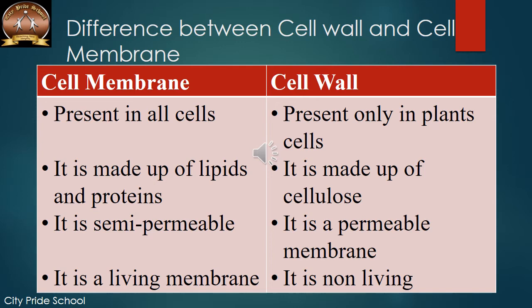The cell membrane is a semi-permeable membrane, as we discussed, in that it selects the materials. Semi-permeable, also termed selectively permeable, because there is a discretion and it allows only certain substances to pass through the membrane. Whereas the cell wall is a permeable membrane. It allows everything to pass through. Therefore, the cell membrane is a living membrane and the cell wall is non-living, because that regulatory feature is not there.